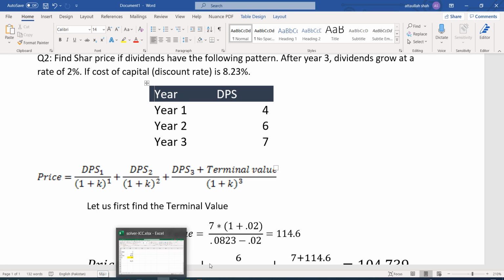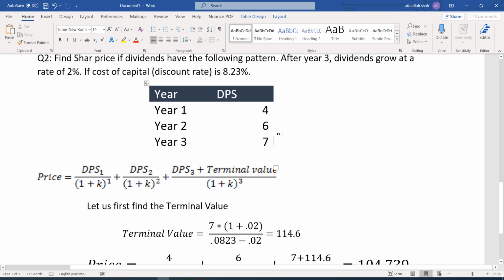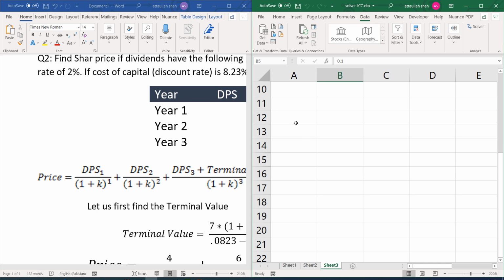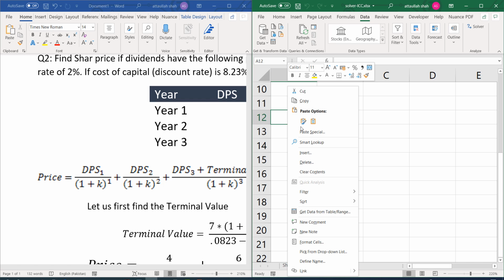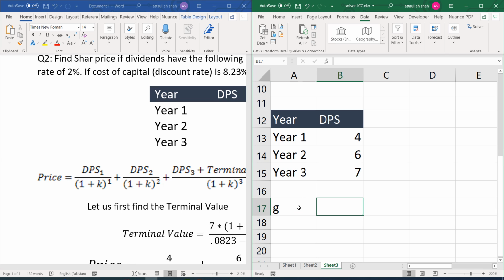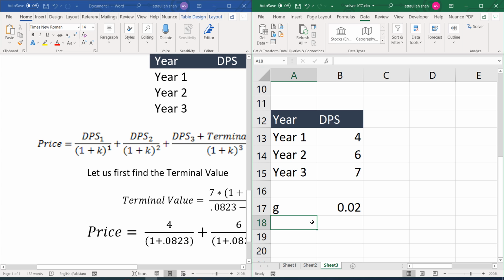Let's go back to Excel. So our question number 2, assume that these are the dividends, and yes, our growth rate is 0.02%. What else do we have? I think that's all we need. And price, yes, price, let's say price is given